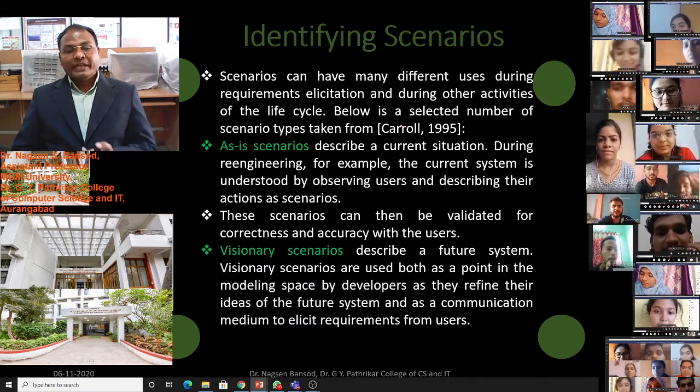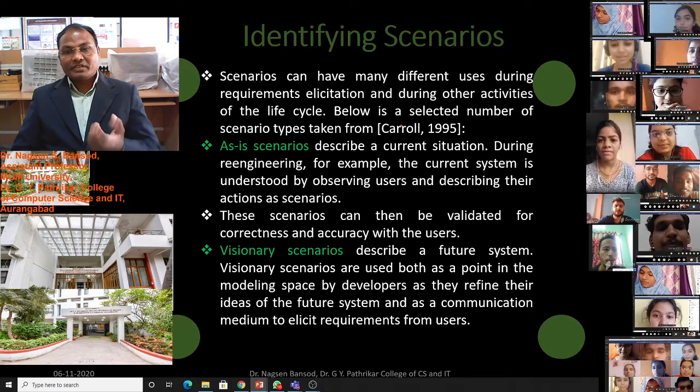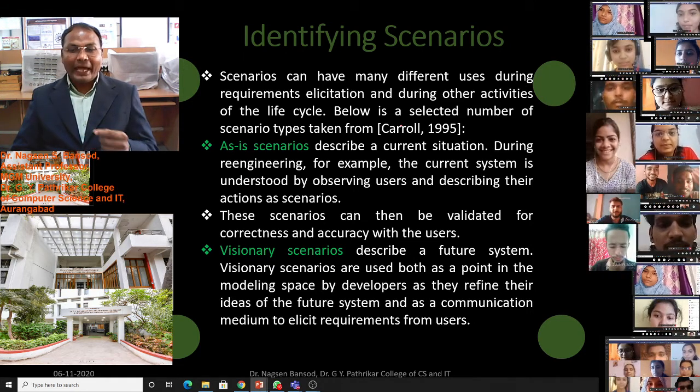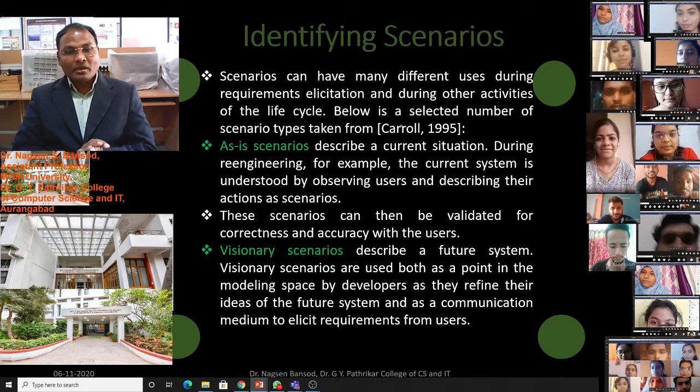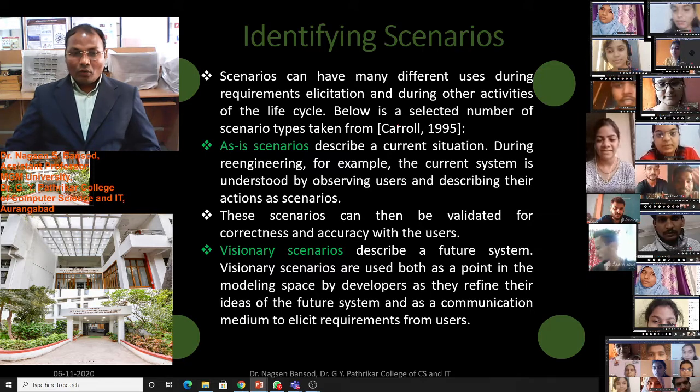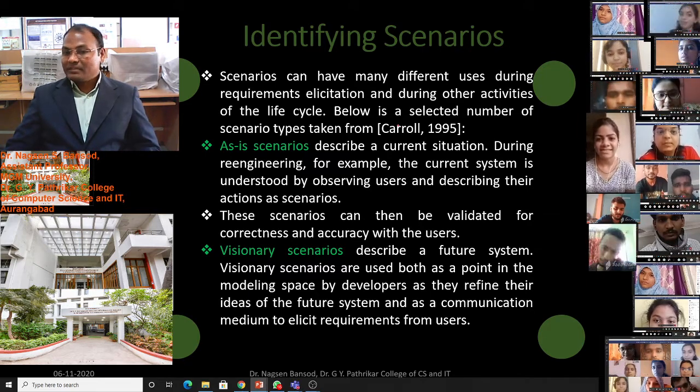Another type of scenario is the visionary scenario. It describes a future system. Visionary scenarios are used both as a point in the modeling space by the developers as they refine their idea of the future system, and as a